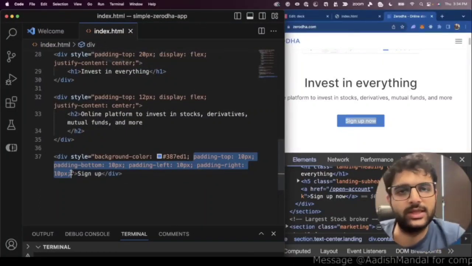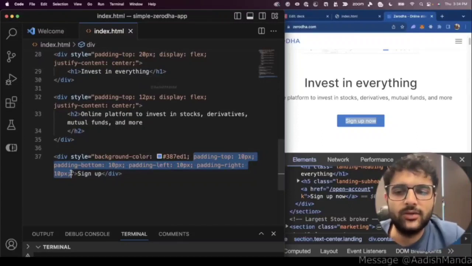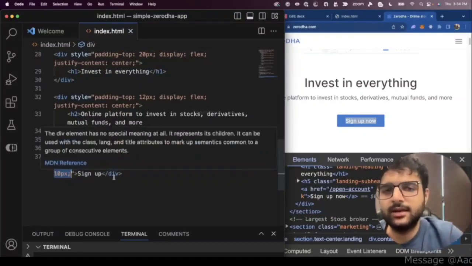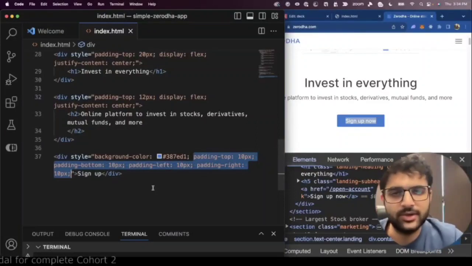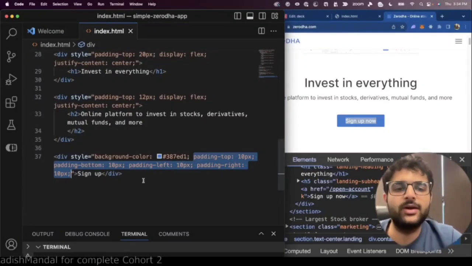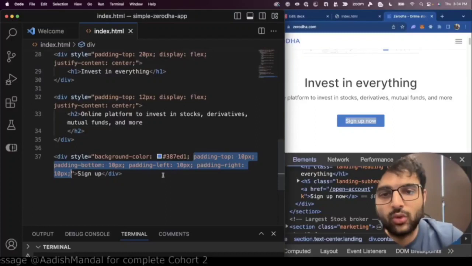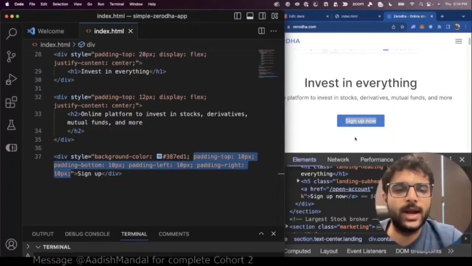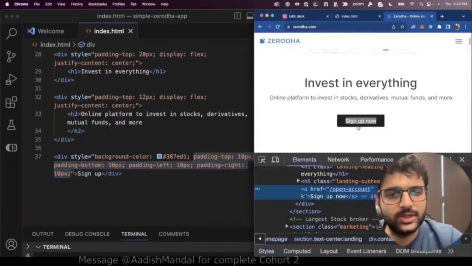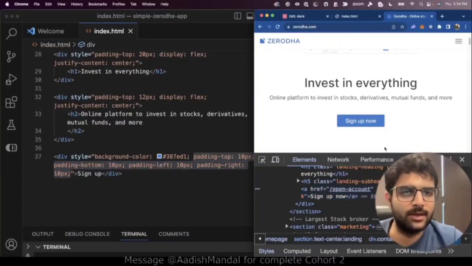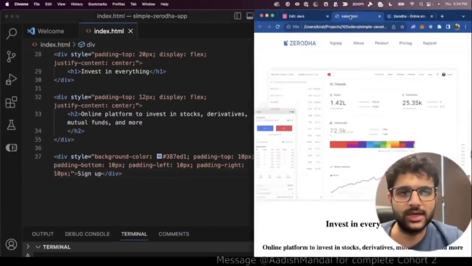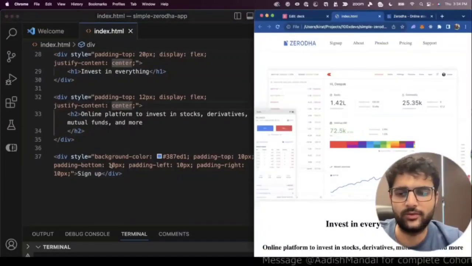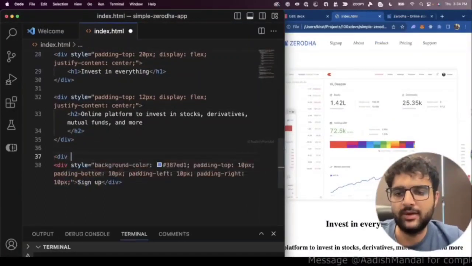Can you figure out a way, and this is an assignment now, to do this in a slightly leaner fashion? By leaner, I mean in fewer words. Try to ChatGPT it, I'm sure it'll give you an answer. There's a cleaner way to add paddings like these. If you know that the top and the bottom padding are the same as each other, and the left and the right padding are the same as each other, you can make this slightly cleaner, but I'm going to leave that as an assignment. Going to save this, going to also add a div outside it,